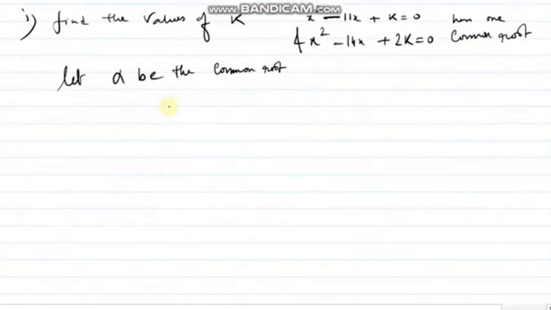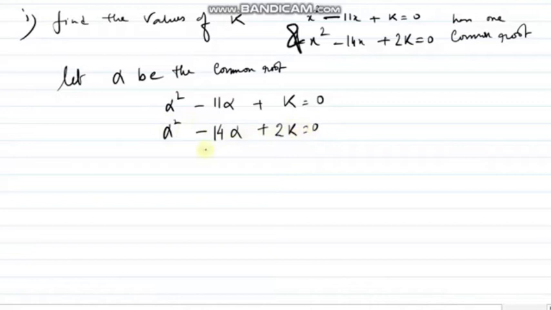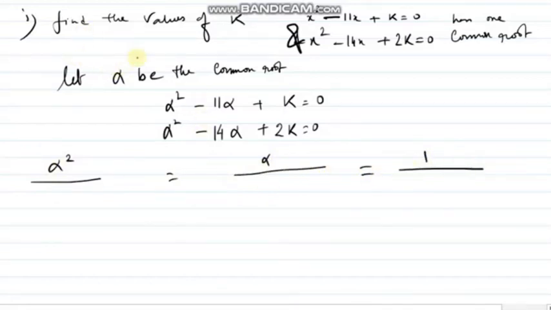So can we write that alpha square minus 11 alpha plus k equals to 0, and the second equation, this is 14, don't assume it is 4. The second equation will be alpha square minus 14 alpha plus 2k equals to 0. So this is my alpha square. I will solve this by the cross multiplication method. All of you know the cross multiplication method; still, if you have a problem, please revise it by that time. Alpha square will be, just check, this into this minus this into this, right? So it will be minus 22k plus 14k.